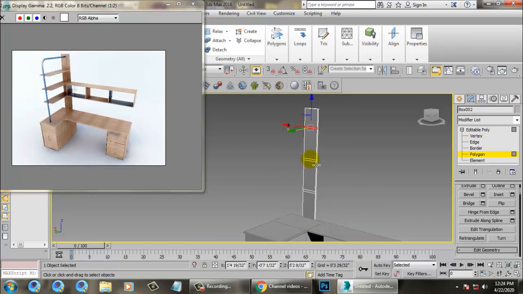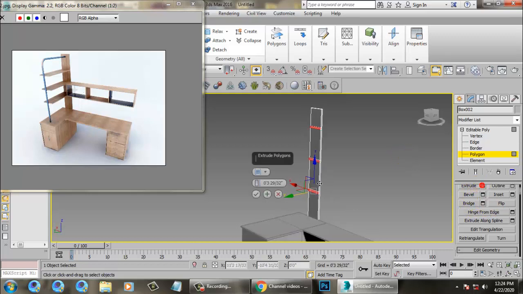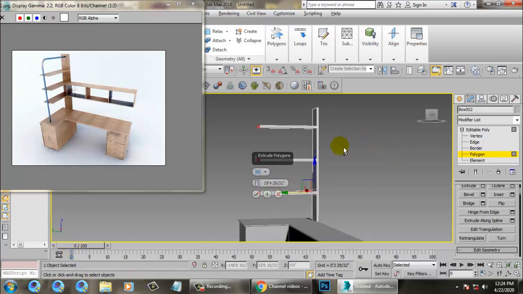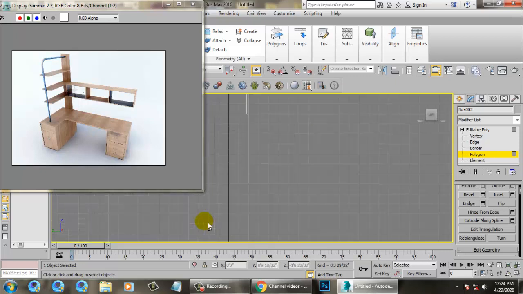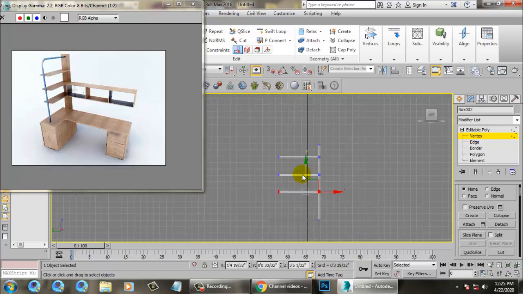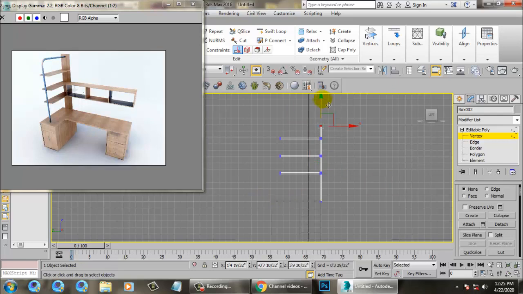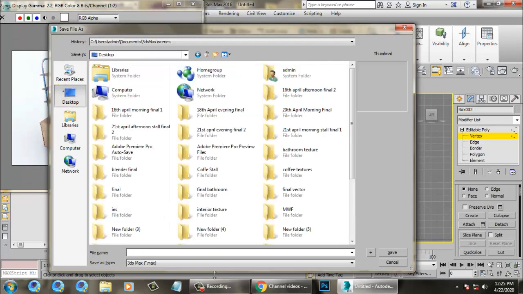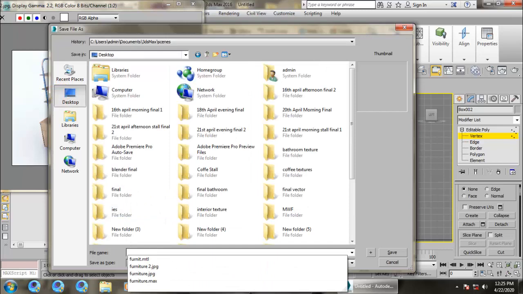Now I'll just select the poly of that particular stuff and give extrude a bit. Let's use extrude over here. You can increase the extrude and just click OK. Let's go into the side view over here. We can just push this a bit up. We can adjust these vertices accordingly, and also the top vertices we can just push up. After that, let's save the file first.